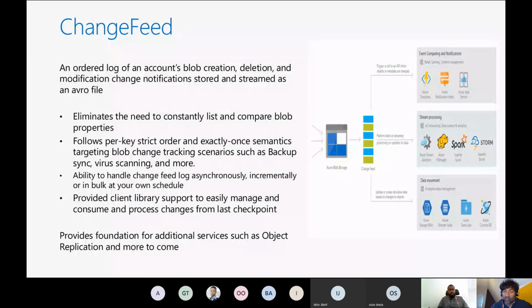Blob creation, deletion, modification, changes, where any information is pretty much stored. So you don't really have to go and constantly list and compare properties of data. It's really just an additional service that can utilize things in the replication. And we've seen quite a lot of